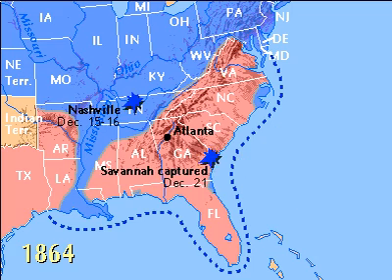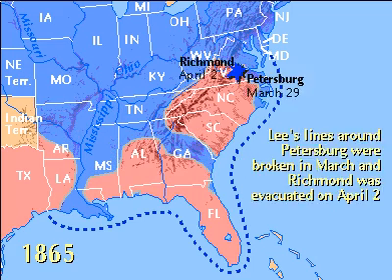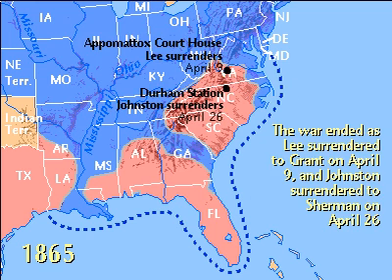With the beginning of 1865, the Union tide was overwhelming. Confederate lines around Petersburg were finally broken at the end of March. Lee evacuated Richmond, hoping to link with Johnston's forces in North Carolina, but he was surrounded at Appomattox and surrendered to Grant on April 9th. Johnston surrendered to Sherman April 26th.